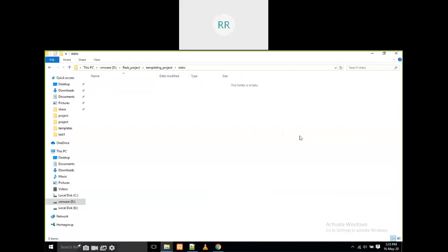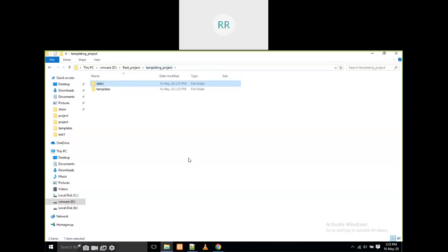In the static folder, I am going to create a CSS folder and a JS folder. If images are also there, we have to create one more folder called imgs. Like this, we are going to create a templates folder and a static folder, and in static I am going to create the CSS and JS folders.